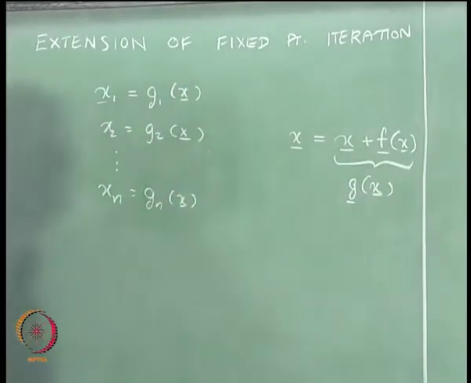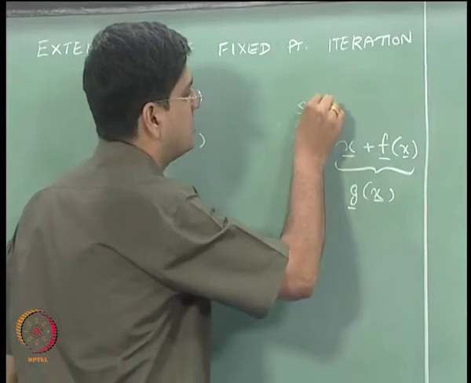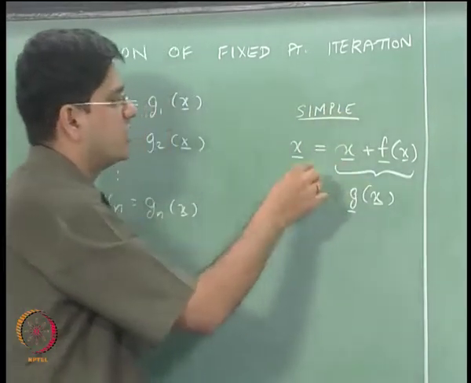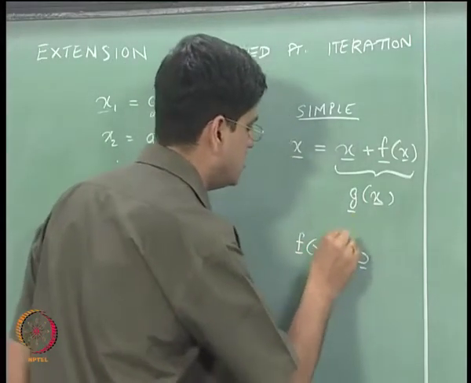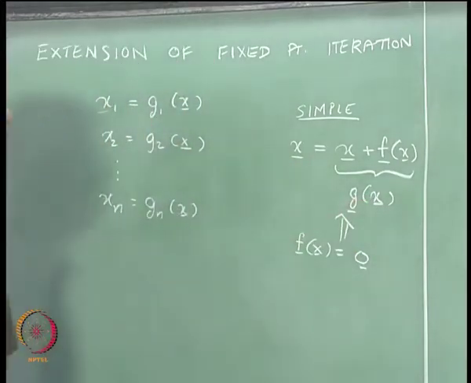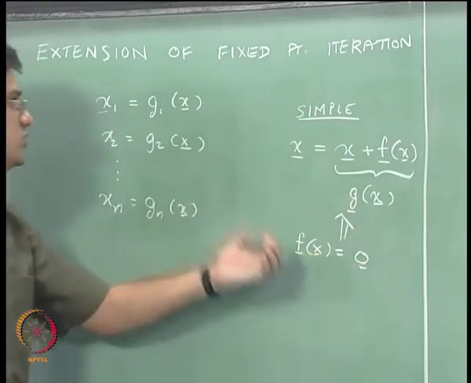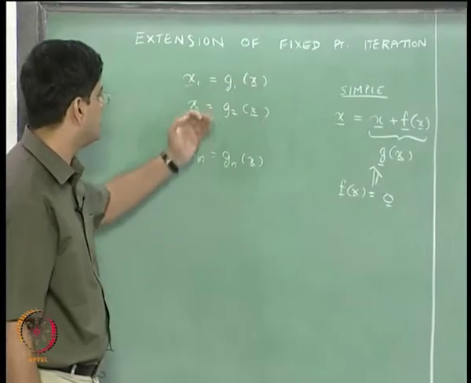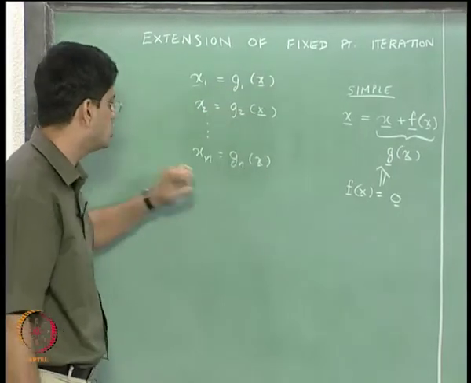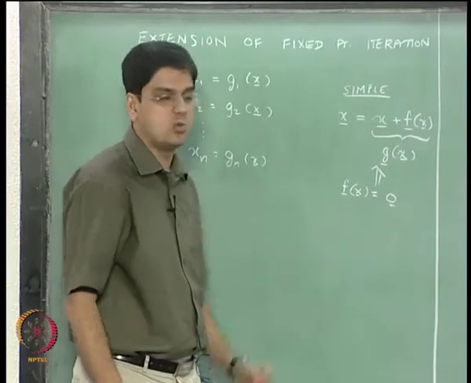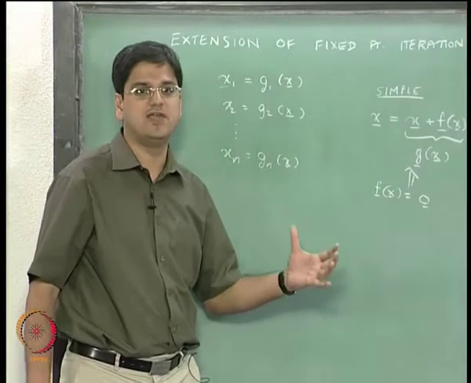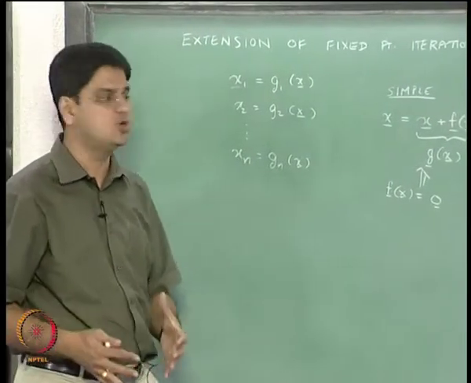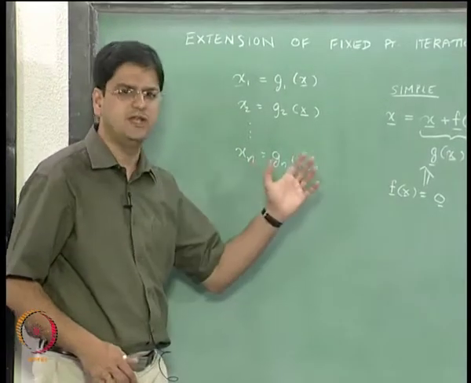Okay. So, this is one straightforward or simple or naive way of converting f(x) equal to 0 to the form x equal to g of x. Once we do this, we will essentially get x1 equal to g1, x2 equal to g2, and so on up to xn equal to gn. Let us recall what we did essentially in Jacobi iteration, and that's pretty much what we are going to do in fixed point iteration in multiple variables.